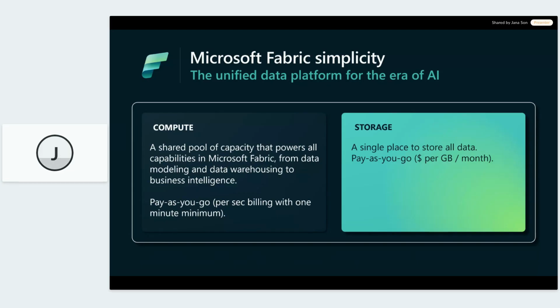Second line in the invoice would be the OneLake storage. It's still $23 or $24 per terabyte, identical to the Azure Data Lake Storage account pricing as well. They're exactly the same, but they do differ a little bit region by region. And the Fabric license price itself also differs region by region. So if you are looking at that, make sure to choose the region where you expect to have your Fabric.